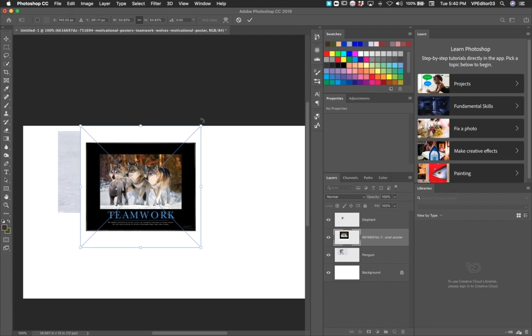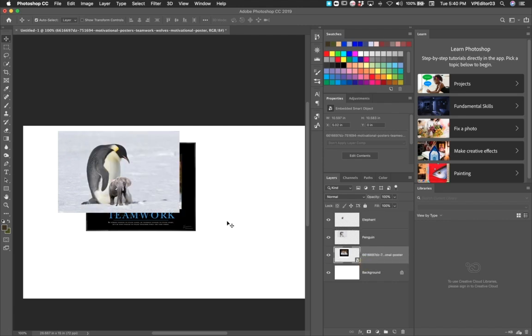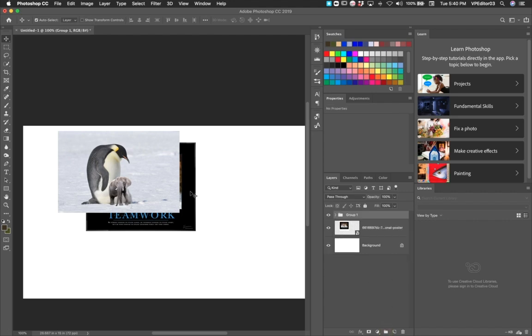So I'll find the size I want, I click apply, and from here you'll notice that it's blocking the other layers. I can move this down, and so the other layers are in front, and I'll go ahead and group these two together again. I'm shift clicking to select multiple, and then I'm going to hit group,